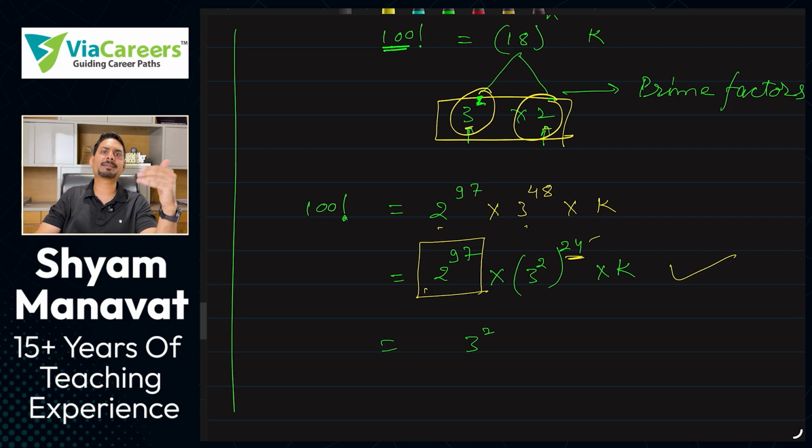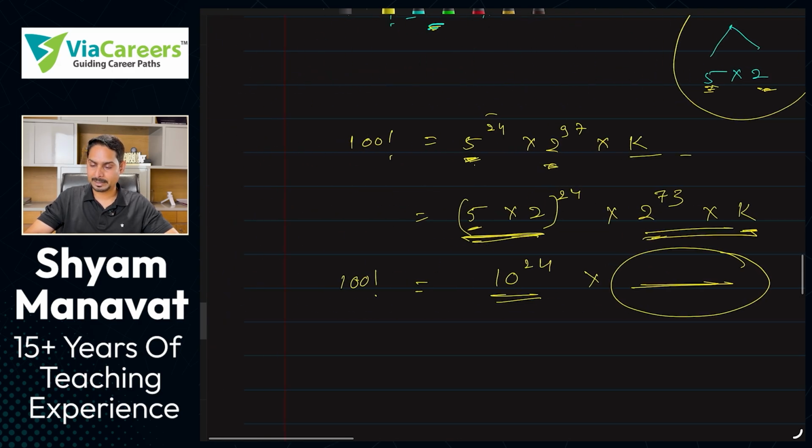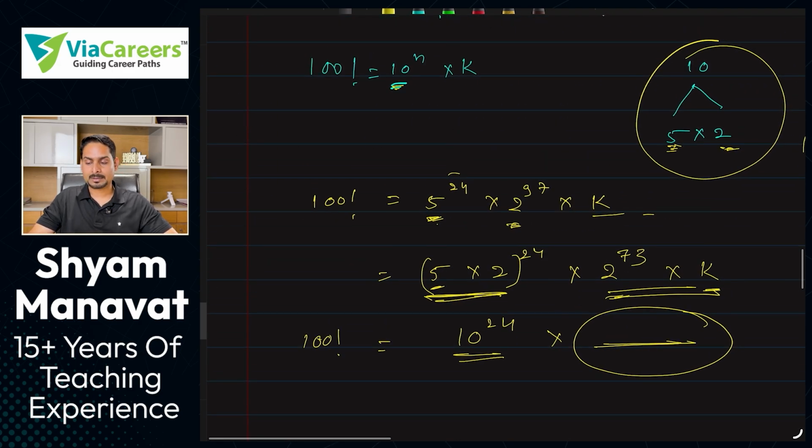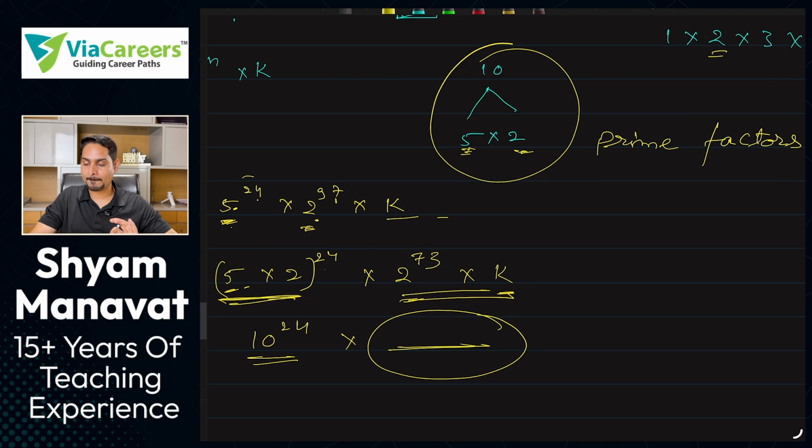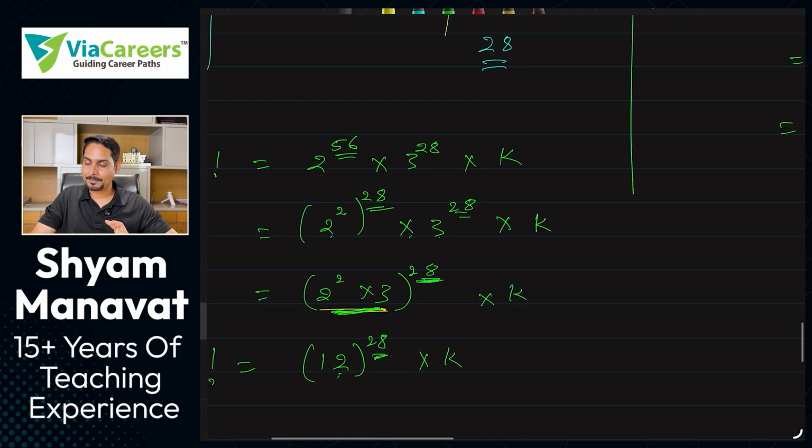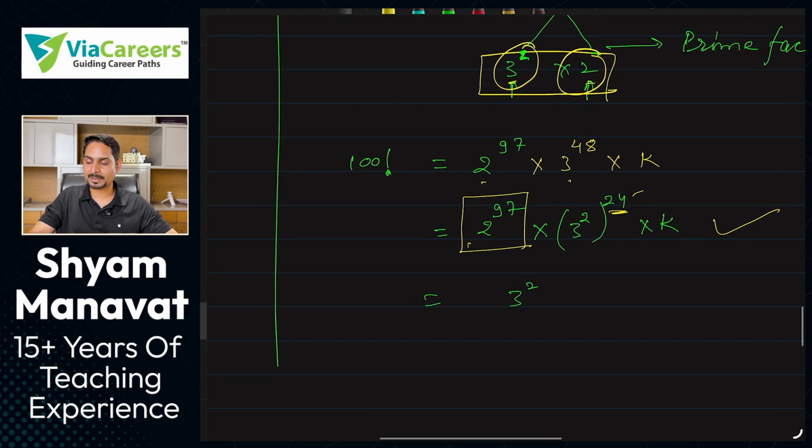So no matter how many times you have 2, if it is more than 24, it doesn't matter to us. That extra will be left over with us, as you did here in 100 factorial for the number of tens. You remember, 5 raised to 24. So the maximum power of 5 is 24, the maximum power of 2 is 97. So our answer is supposed to be what? The minimum power, so the answer is 24. Okay. Similarly, here also the minimum power amongst 2 and 3 square is which one? 24. So what will your answer be?